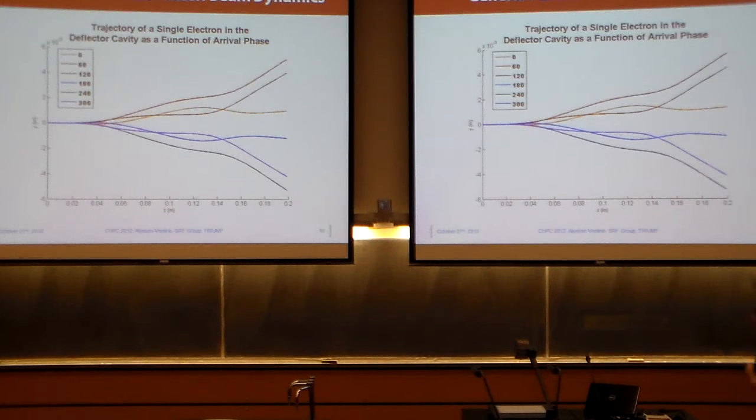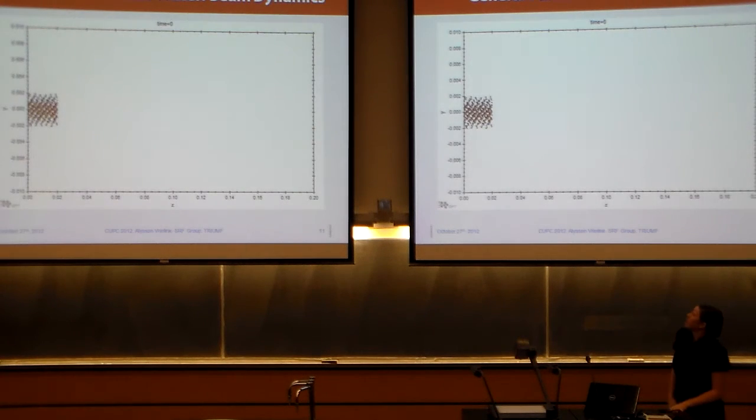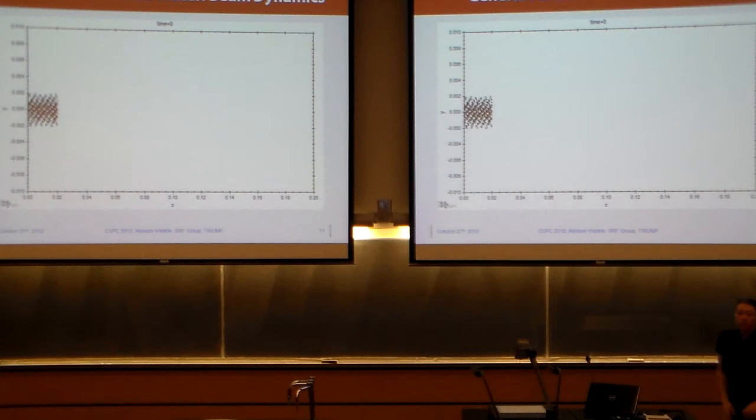Now, particles are good. We double checked that this is what we got back when we did the simulations with CST and MATLAB. Let's look at beam. So now that we have a beam, once again, just to orient you, this is in our deflecting cavity. The end of the deflecting cavity happens at z equal to 0.2. And we're looking at the y plane of our beam. This is a cross-section in the y